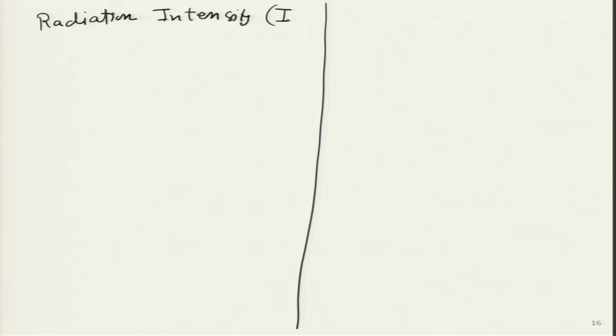This is represented by the symbol I, and let us consider it for the first case, because this I we will figure out can be of many cases. If I put the subscript E, it will be for emitted. If I put it for I, it will be for incident. I can put R over here, then it will be for reflected. So, let us start with the first case over here.